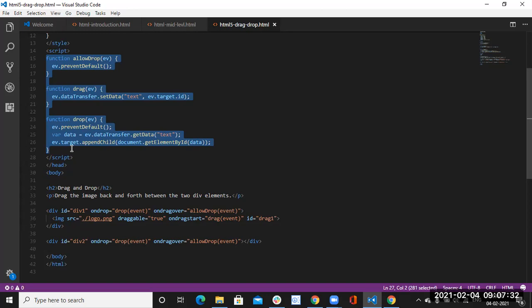See, both local storage and session storage require JavaScript code only, but it is understandable.